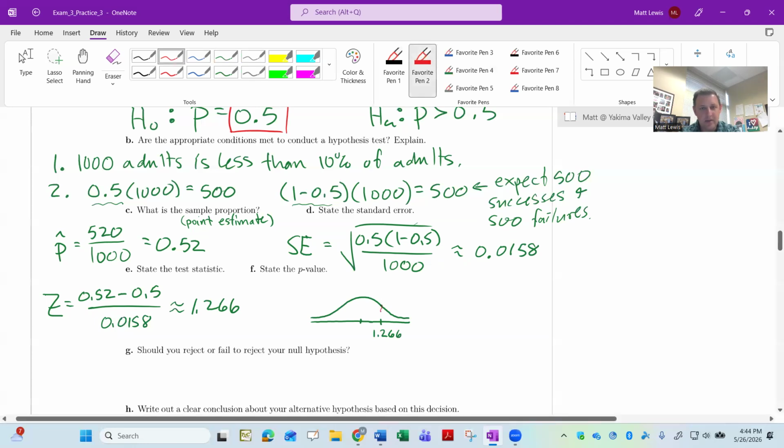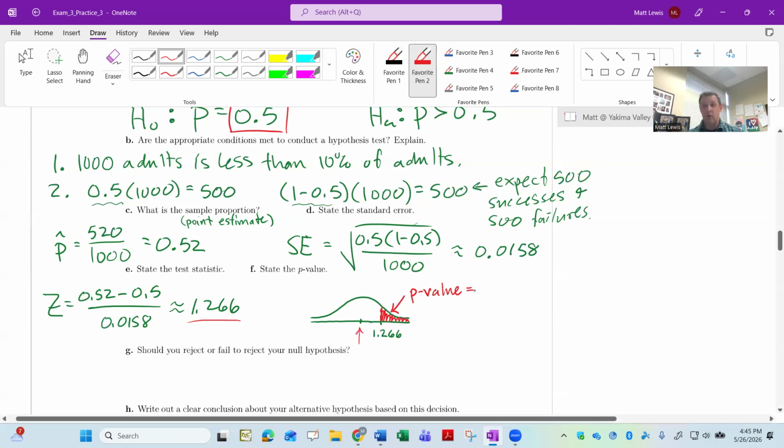And the idea is I need to find this, right? How much of my sampling distribution is at where my sample was, which is 1.266 for a test statistic, or even further from what was expected? And what was expected is right here in the middle. So how often does that happen when you're just sampling randomly from a population where the null is true?